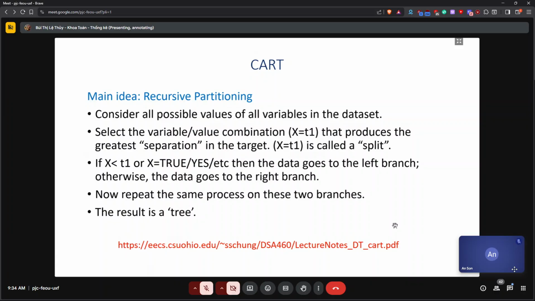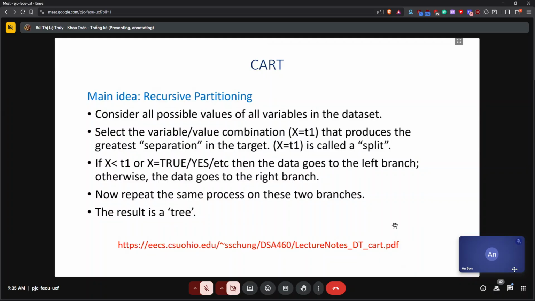That's going to be called the split. So we split the data to get the biggest separation in the response that we're interested in. If a value is less than that threshold, we go left, and if it's greater than that threshold, we put the data in the right branch. So we split the data into two groups, and we repeat the process on those two branches. And the result is a tree.